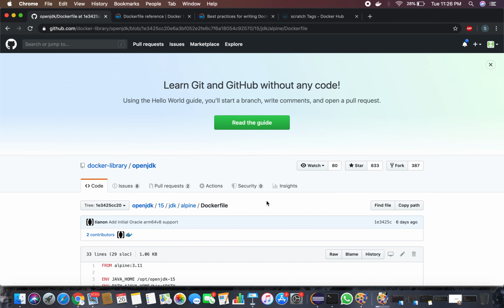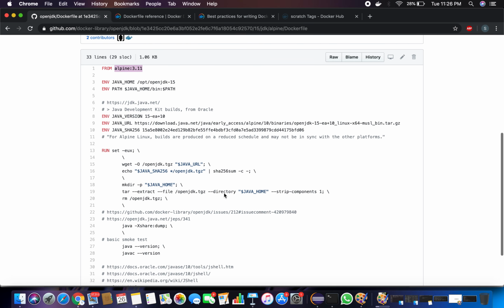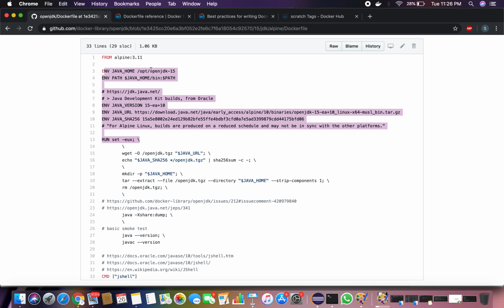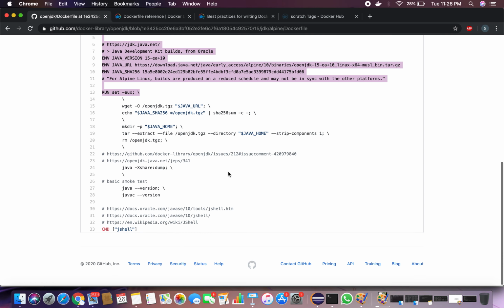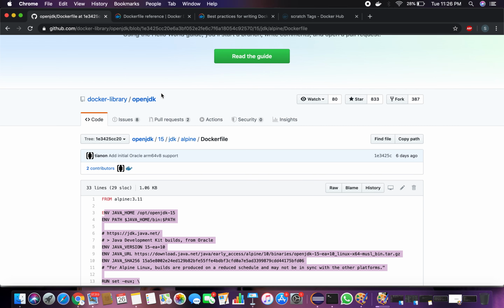If you click this, they are taking Alpine as the base image. On top of that, they are installing the JDK Java. So these are all the instructions required to have Java on this particular base image. This way, for anything, you can go to Docker Hub and find Dockerfile instructions. You can build your own Dockerfile.